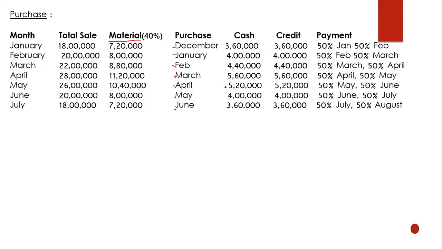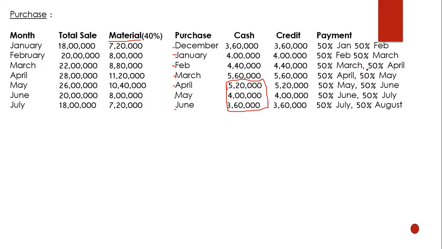Now we are concerned with April, May and June. So this purchase will come as cash purchase. Okay, so these three amounts will come as cash purchase. For credit, again 50% in the next month and 50% in the second next month. So 50% in Jan, 50% in Feb, 50% in Feb, 50% in March, 50% in March, 50% in April, 50% in April, 50% in May, 50% in May, 50% in June, 50% in June, 50% in July, 50% in July, 50% in August. So now